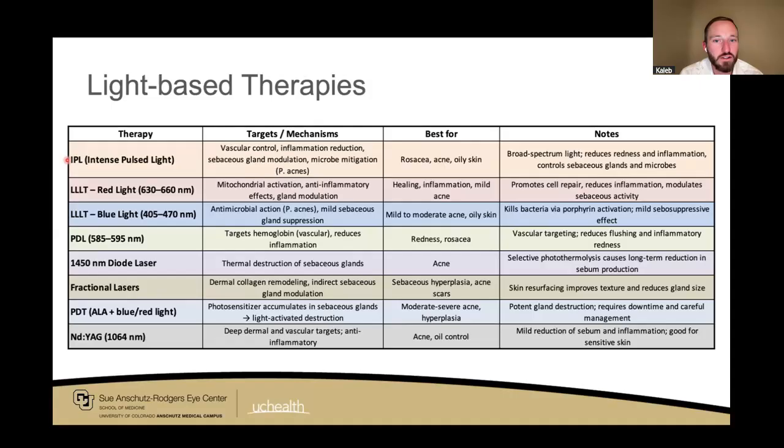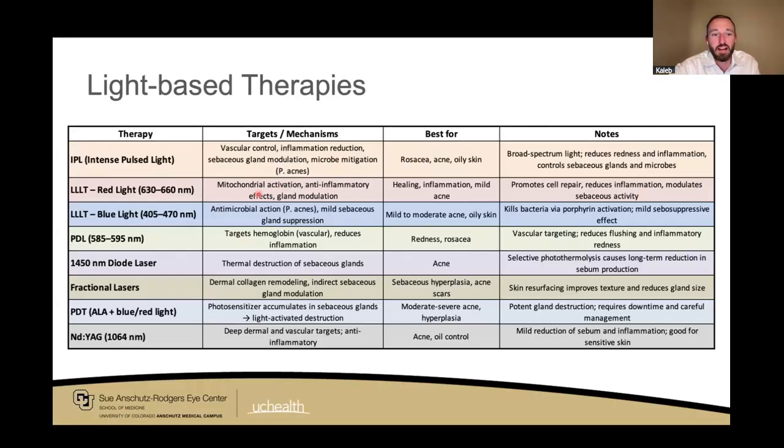You'll notice the first 3 are done for MGD, but the last 5 are not done by optometry or ophthalmology a whole lot. So we use IPL. We do it to seal off those unhealthy blood vessels of the eyelids. We do it to regulate sebaceous glands, to mitigate microbes, to reduce inflammation. And we find that's very helpful for dry eye, for MGD, and for ocular rosacea. You can use